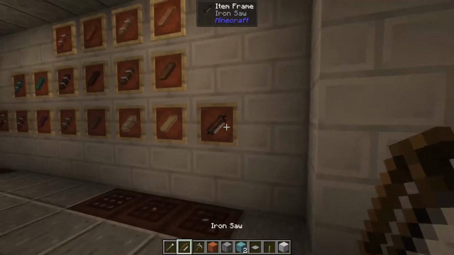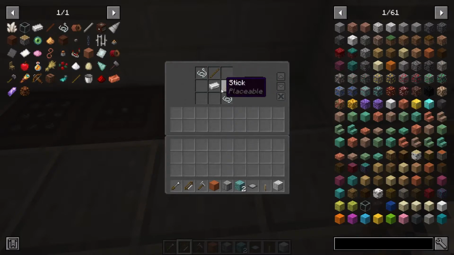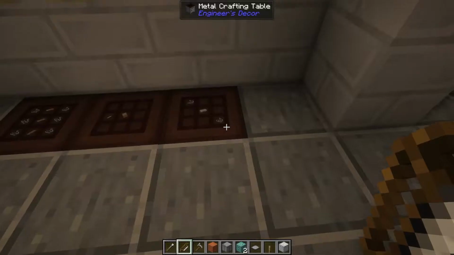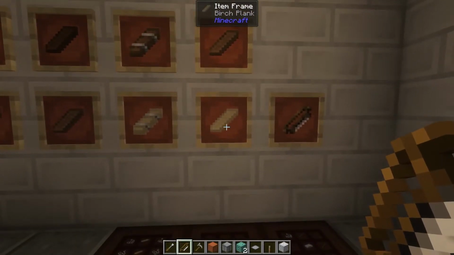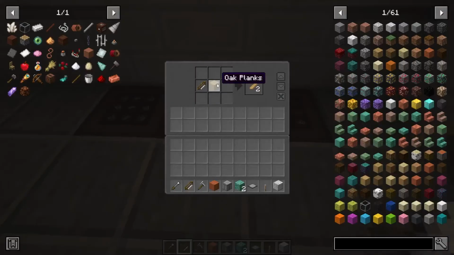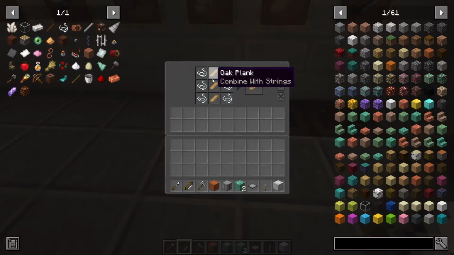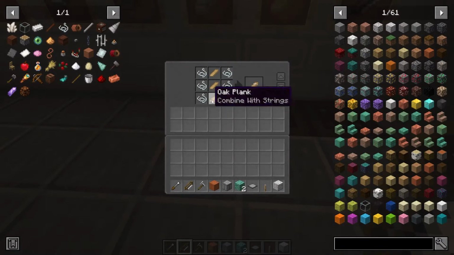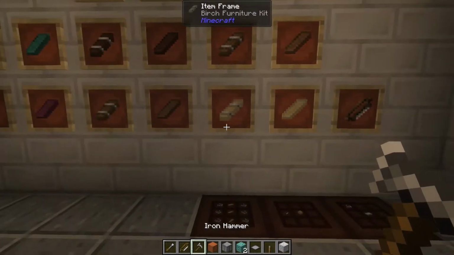Next, let's talk about the saw. So the saw is crafted with 2 sticks, iron ingot, and 2 string, and it is used to create these planks, right? So if you put any wood planks in with an iron saw, you get just a regular plank. And then if you bundle those 3 planks together with 6 string, you get a furniture kit, right? Which is where,